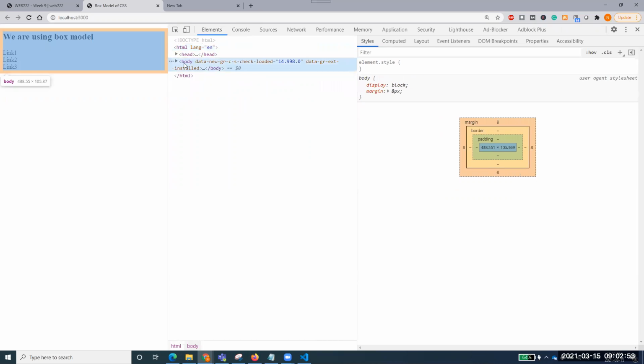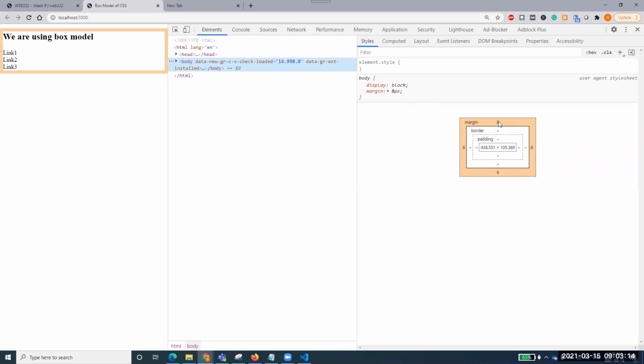If I click on body over here, do you see something interesting? We have got a few different things. If you come here and see the style of this body, display: block. We'll talk about display block and display flex today, but right now just consider display block means it is showing it in the block form. What is the other thing you see?